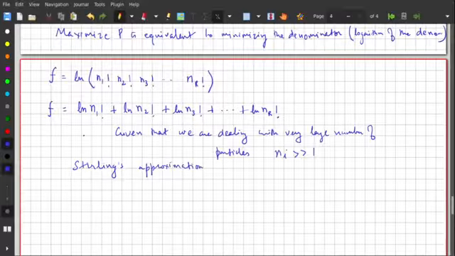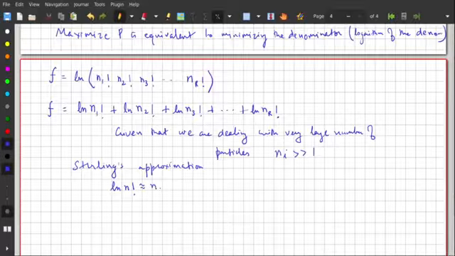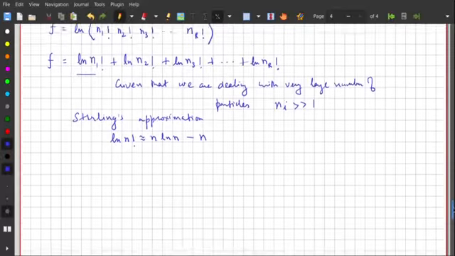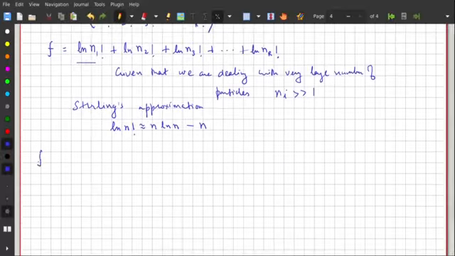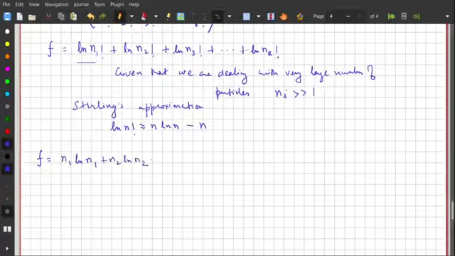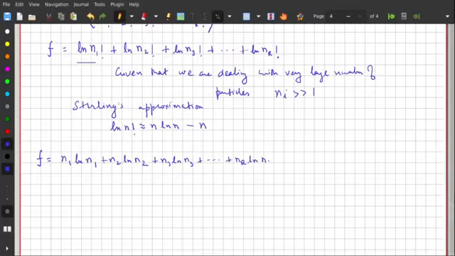Okay, so what does Stirling approximation say? It says that we can write the log of the factorial of n is approximately equal to n log n minus n. If we use this expression for each of the individual terms for n1, n2, and n3, our function becomes f equals n1 log n1 plus n2 log n2 plus n3 log n3 plus dot dot dot nr log nr